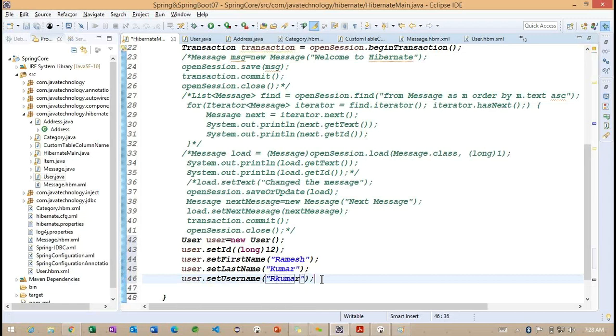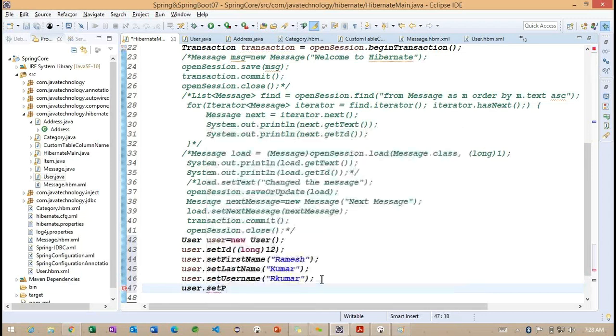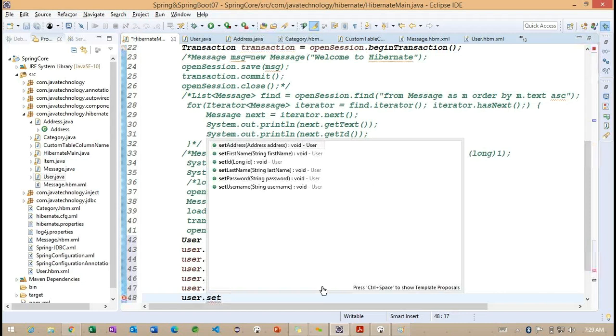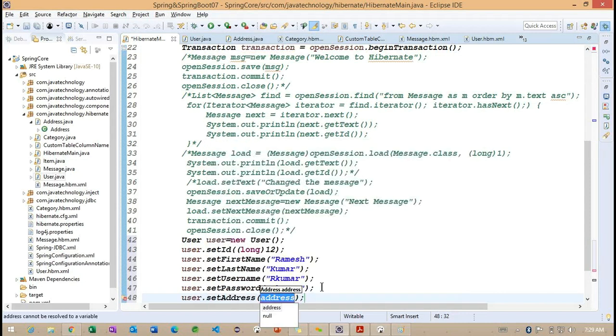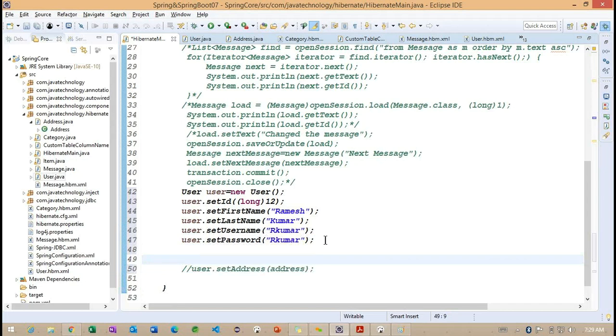Username, so something called R Kumar. I want to provide the username or password, same thing. And address. Before going to set this particular address, first what we need to do.